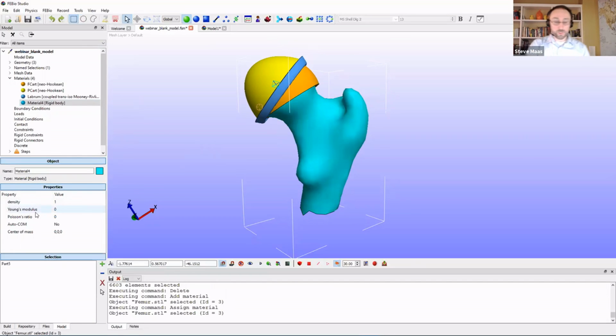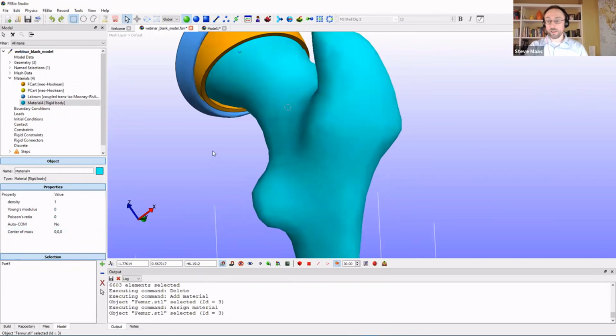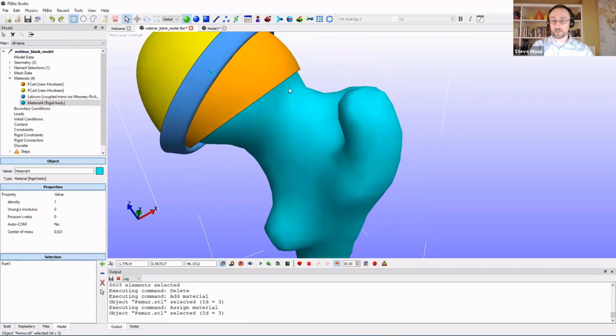Okay, there are some properties here. Now, most of these properties are not going to be relevant for what we're doing here. The only thing we do care about is the center of mass, or in this case, the center of rotation. So we want to prescribe some rigid kinematics. We're actually going to prescribe rotation. So we want to make sure that we have the right center of rotation here. In this case, I want to have the center of rotation right in the center of this spherical